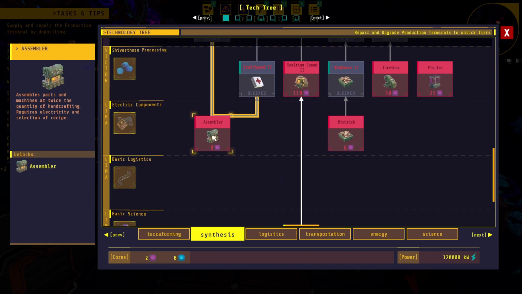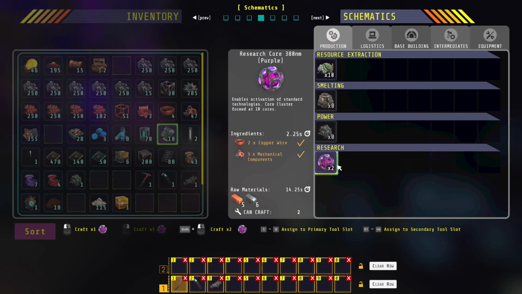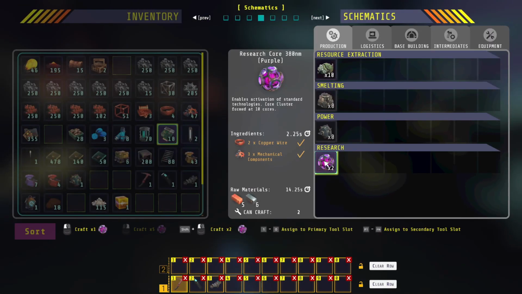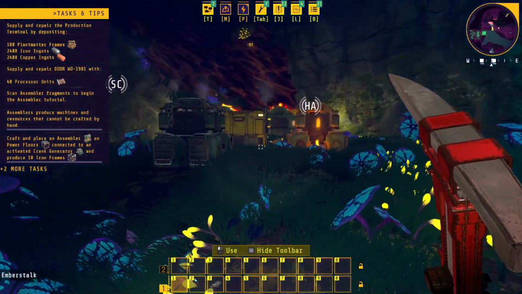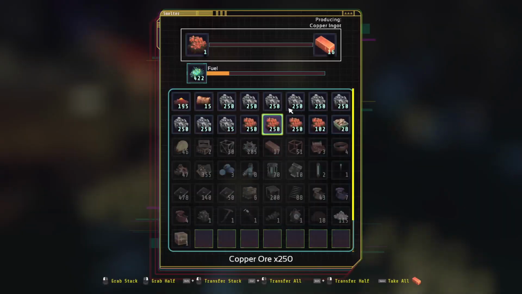Maybe I do. I need 8 cores, so I've got 2. I need 6 more cores. Let's have a look. I can make 2. That is presumably because I need copper and iron, which I have put in a container over there. However, that's easily addressed